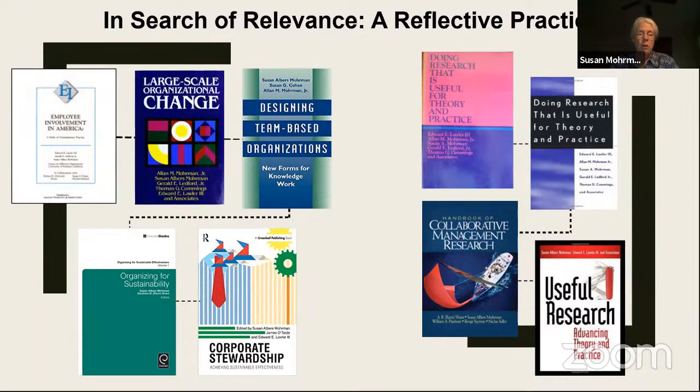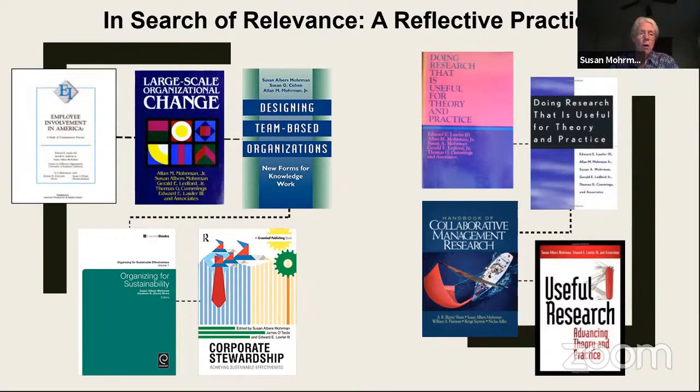Used a lot of, you'll see the book on the left is Employee Involvement in America, which is a sort of a summary follow-on to the work that Ed Lawler had been doing, that Phil was part of at the University of Michigan, really looking at how to get people who are working centrally involved in deciding how to do their work best, and how to interact with one another, and to team with another, and collaborate. That became the